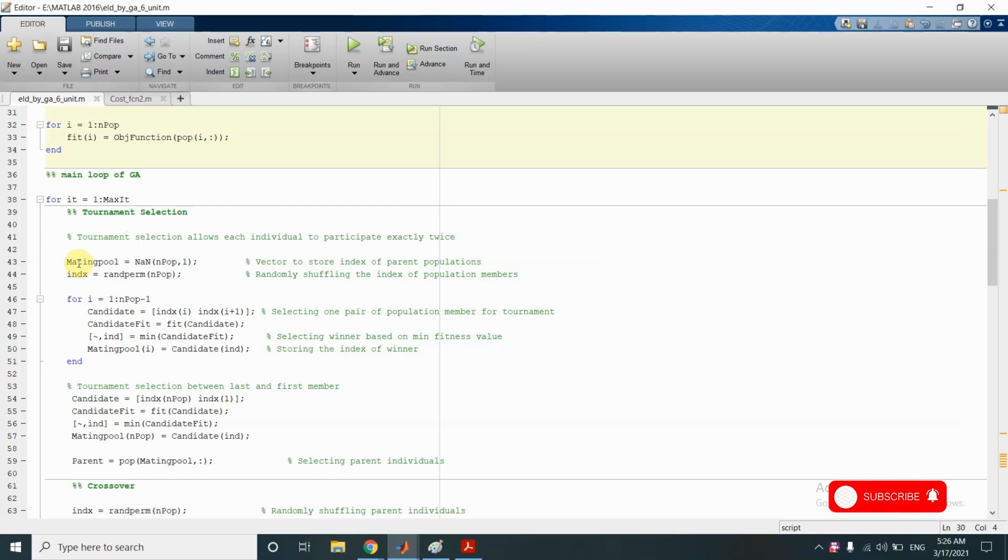One thing to note is that in the mating pool, one individual may occur more than once. This would ensure that the individuals with the best fitness are occurring more than once within the mating pool, because in tournament selection or in roulette wheel selection, the probability of selection of an individual with better fitness is higher.